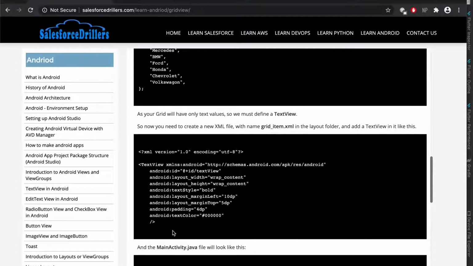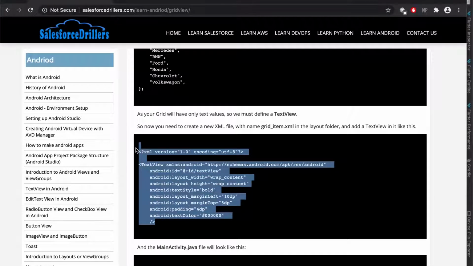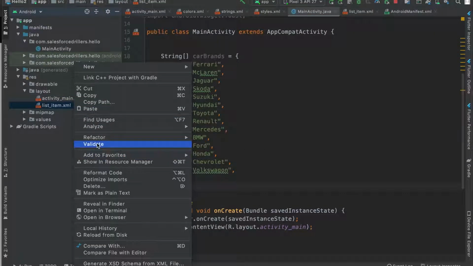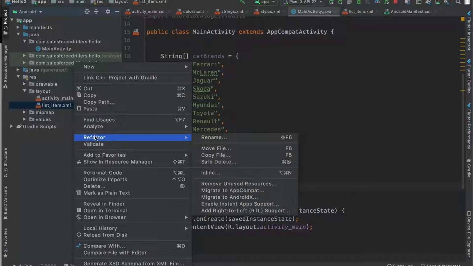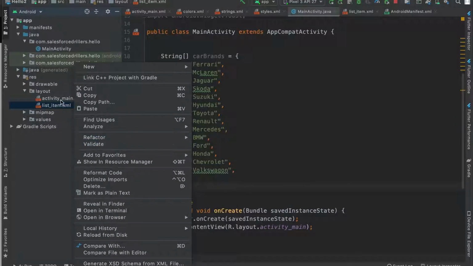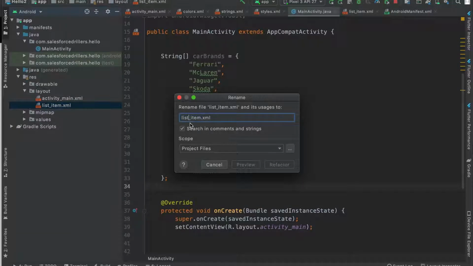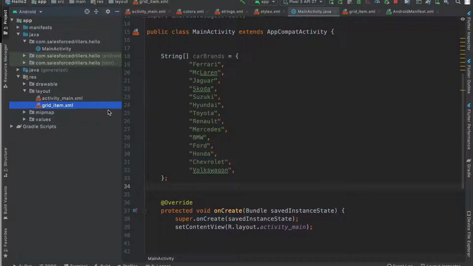Next we are going to implement the grid item. This will be the row of the grid. Here we just need to change the file name. In our previous lecture I showed you how to create an XML file. We just need to refactor and rename it, so instead of list we set it to grid.